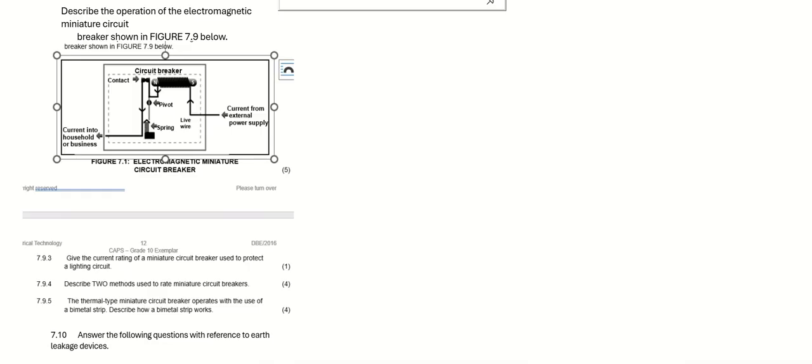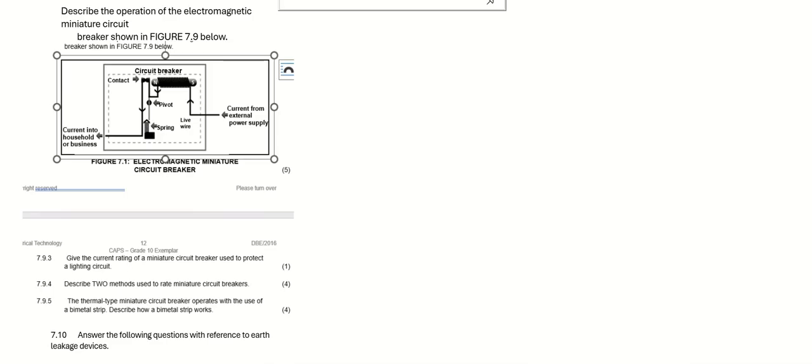When the current becomes too high, the magnetic coil produces a strong magnetic force. This force pulls the pivot arm, opening the contact. The spring helps disconnect the live conductor. This stops power flow, protecting the circuit.